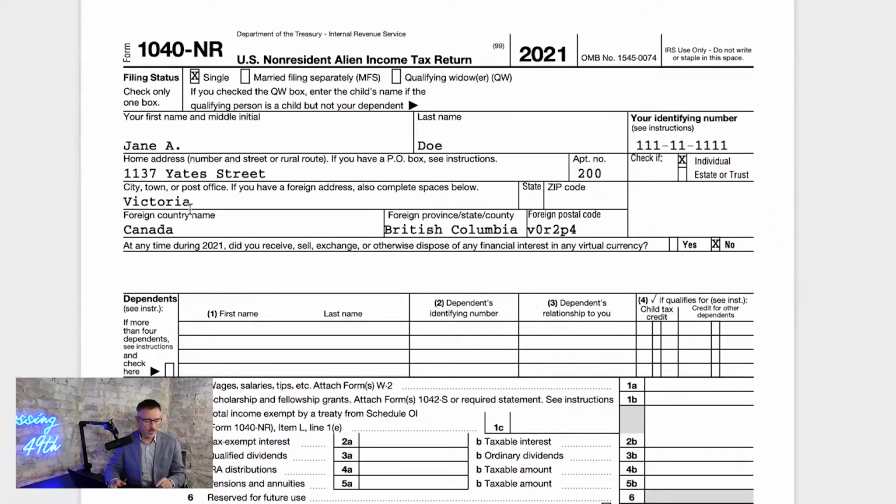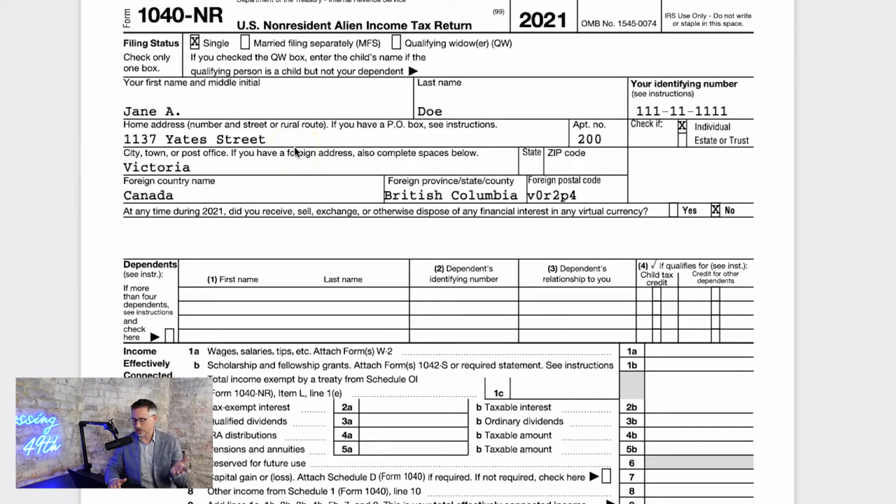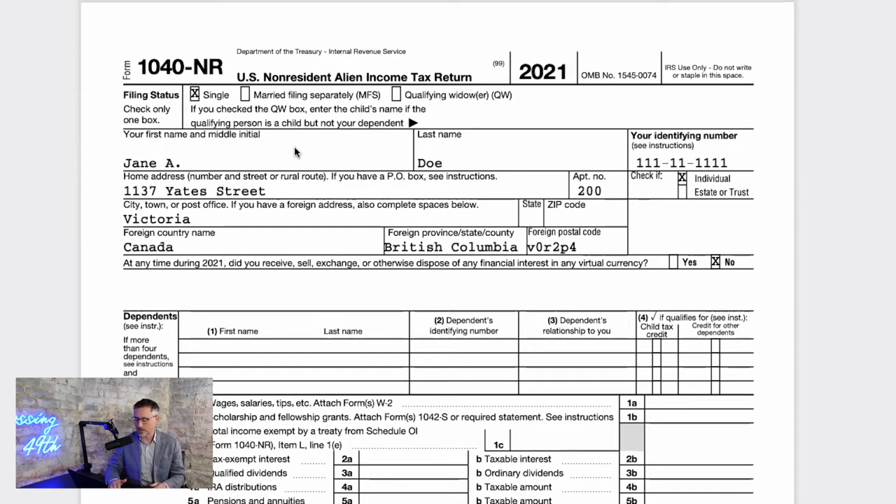So let's just walk through the 1040-NR in the example of an actual payment that needs to be made. So here we go. You have the W7 already prepared. 1040-NR. There's only a couple pages here. We'll walk through this in detail. So we have filing status. In a lot of cases, it'll be single. Married filing separately is also an option. I shouldn't say in most cases it'll be single. You're filing a separate tax return per individual.